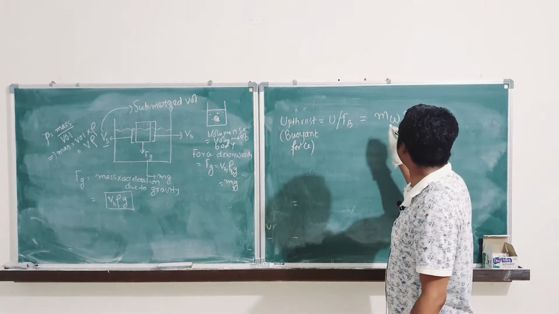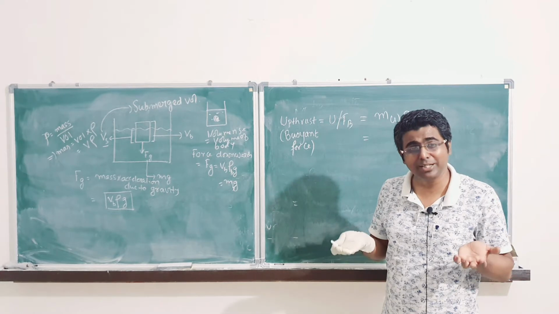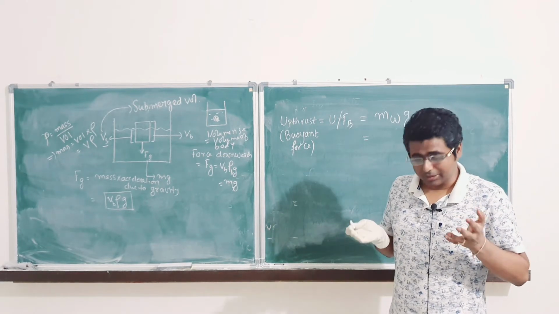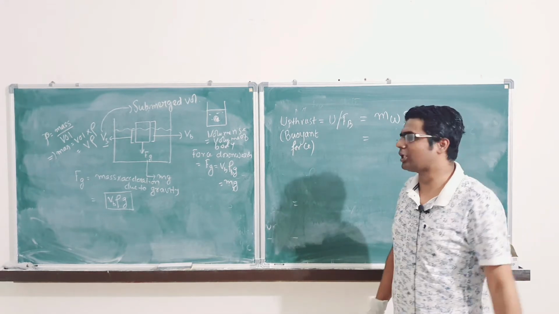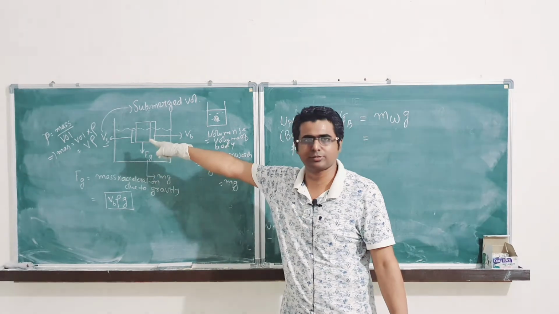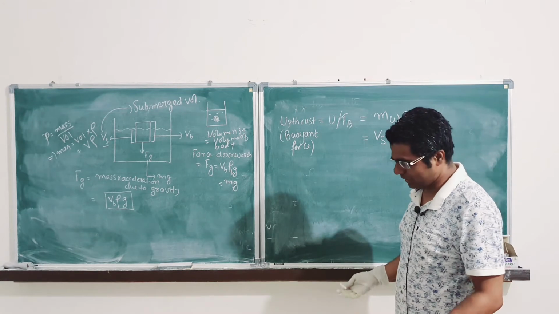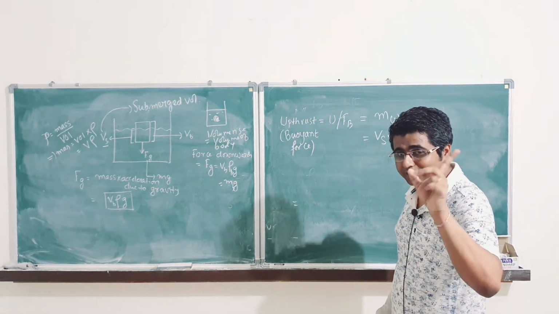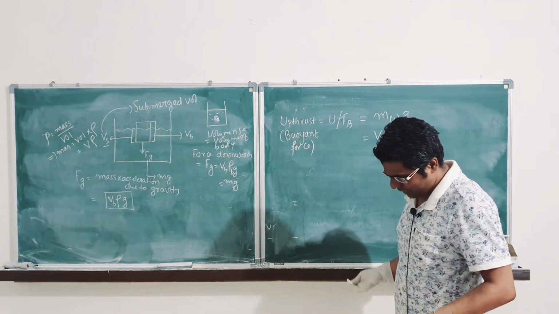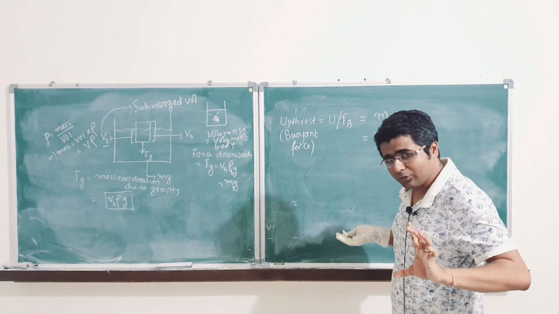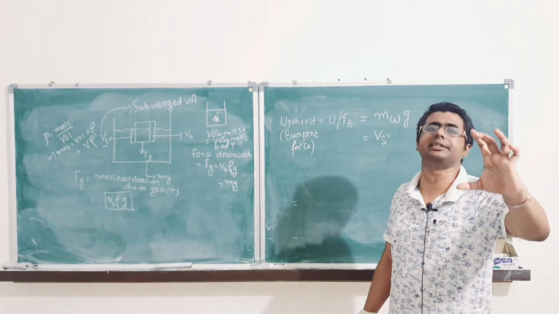Clear है? Now what is mass of water? जितना volume of water displaced हुआ उसका mass है ना. The amount of water that has been displaced, you have to calculate the mass of that. So amount of water displaced is equal to Vs, volume of water. So Vs into water density, you have to calculate mass of water, not mass of the body. Clear? While my water has come up, that water volume I know, I have to multiply with what density? Water's density to get mass of water.